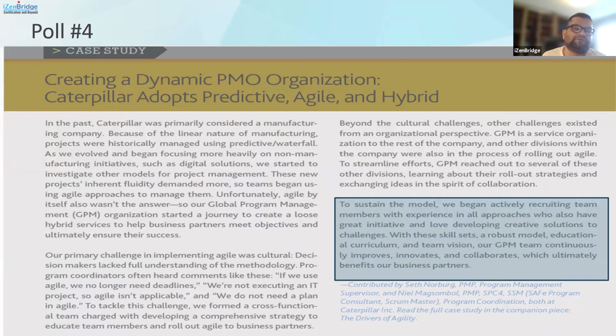But if you look at this case study, in the second paragraph also, you'll see how widespread the biases and perceptions about a certain methodology are within the industry and the organization. If you use agile, no more deadlines. If you use agile, you don't need a plan. Agile is only for IT. It's not applicable. And every organization will find stakeholders with certain baggage, the impression or perception that they have about a given